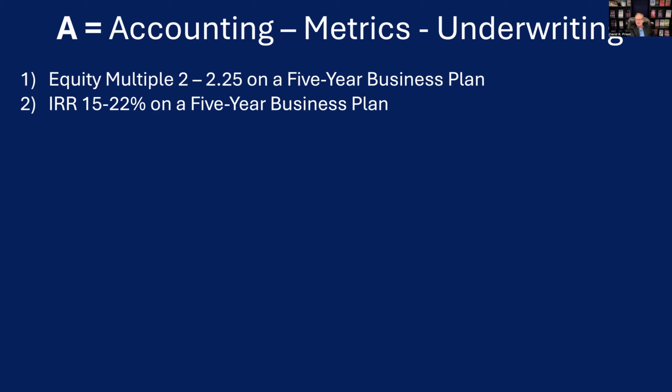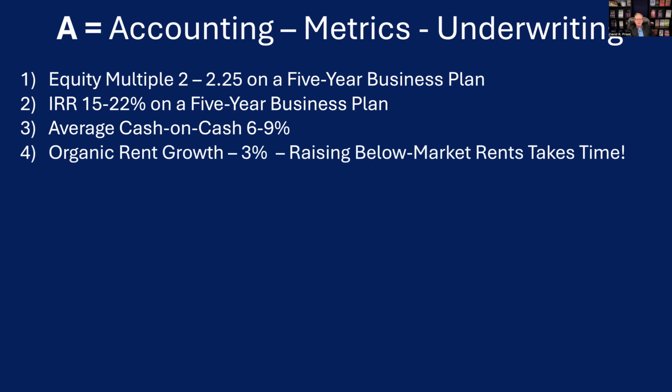And don't get sucked in by the promise of high returns, because all it is is a promise, and it may not be one the operators can keep. Average cash on cash, 6 to 9%. The sweet spot right now is about 7 to 8, probably. When you get above 8, you start getting in a zone where it may be hard to deliver on, and you just got to be very careful about that. If the cash on cash is under 6, I don't think the deal is good enough to warrant investing in. So just keep that in mind. That's a range of what the metrics are right now, and hopefully deals will do better than that.